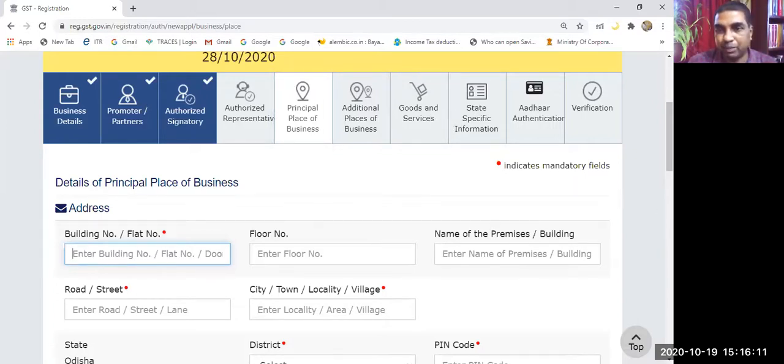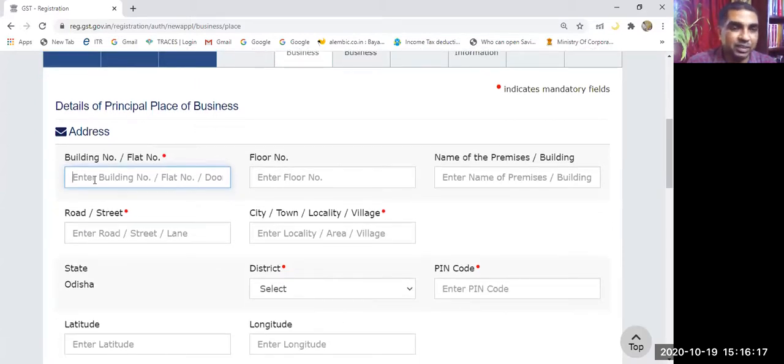So for example, for showing you something, I am taking some example. Let us say some address I am giving, building number or flat number, something I am writing here. Let us say floor number, second floor I am writing.